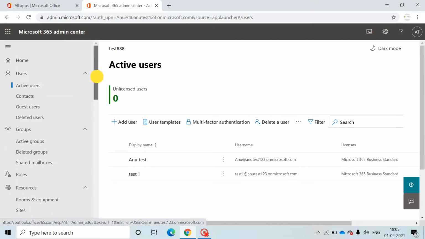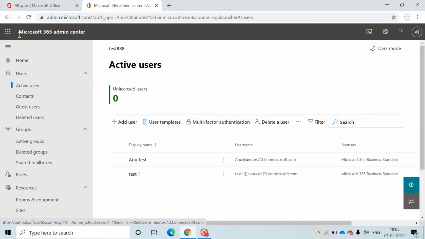And now let us check what are the different admins. As I said, what is global administrator? So what is global administrator? Global administrator is someone who manages the entire organization at one point. For example, he is the one person, he is one point of contact. If you are the global admin, you can manage everything in your organization. So as I said,